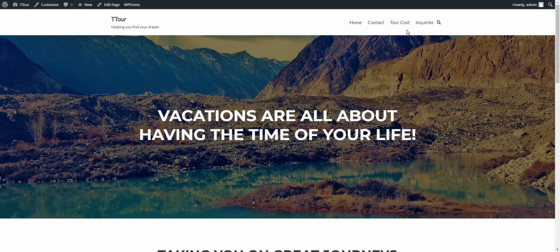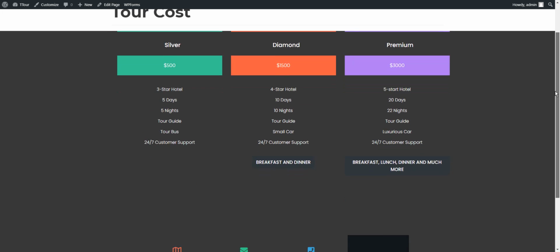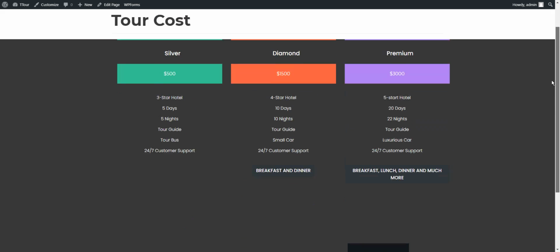Next there is a tour cost link. This tour cost link redirects me to another page. Let me just reopen it. There. Now you can see this page represents the different options for anyone who wants to come on this tour, to give them a general overview of how much the tour will cost depending on the package they choose and the features that a certain package will offer. So this is just the basic information that a customer or a client needs.